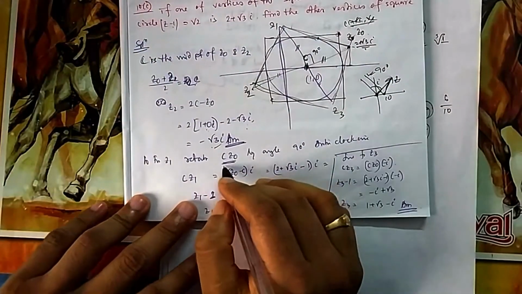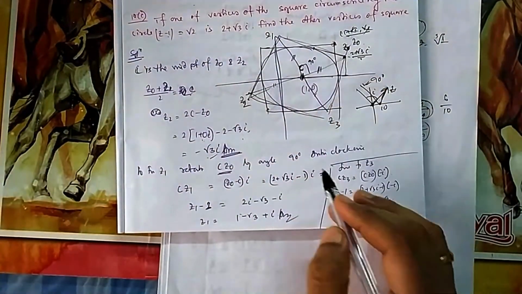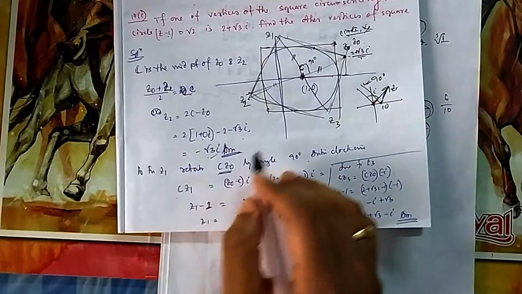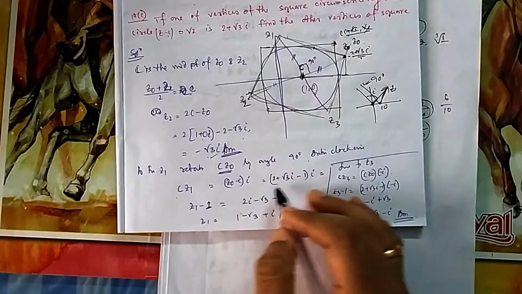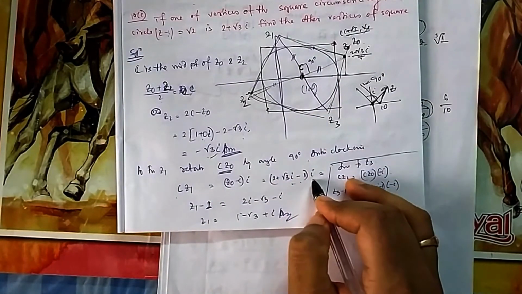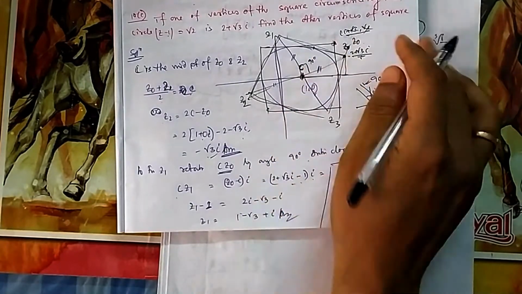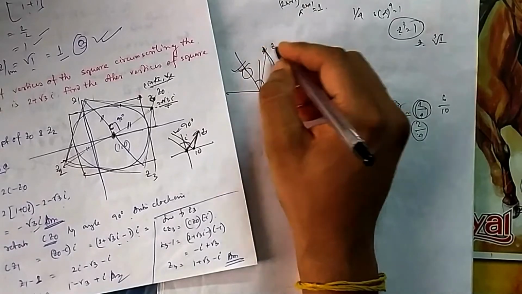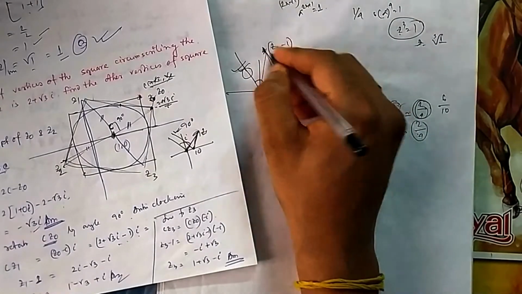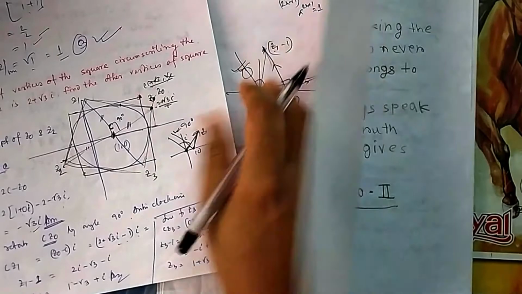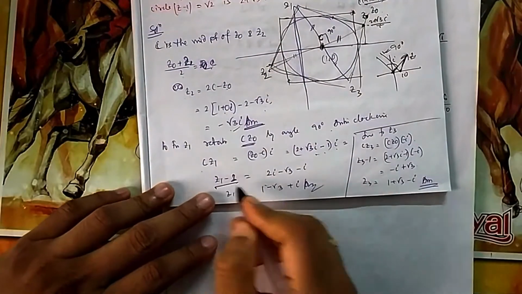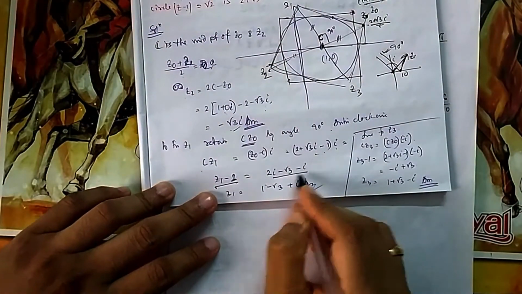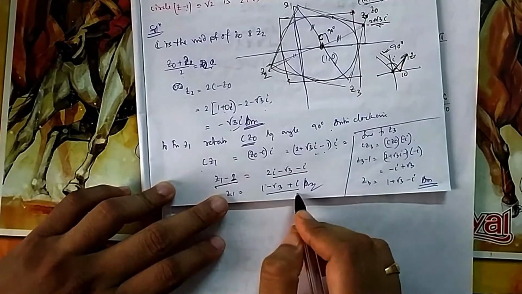Okay, let me see. So let us multiply CZ0 by 90 degrees. What is CZ0? This minus this. So 2 plus root 3i minus 1, that you multiply by i. But which vector are you getting? This vector. Suppose this is another number z1, so this vector is z1 minus 1. This is not z1. So you are getting z1 minus 1 by multiplying by i, so you need z1 to go to that side again.